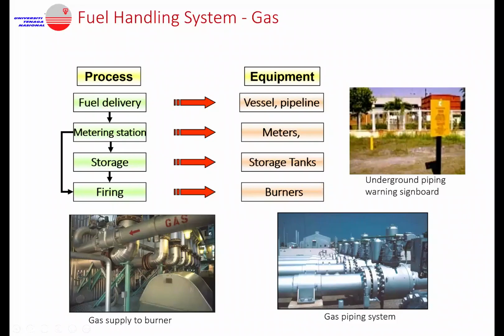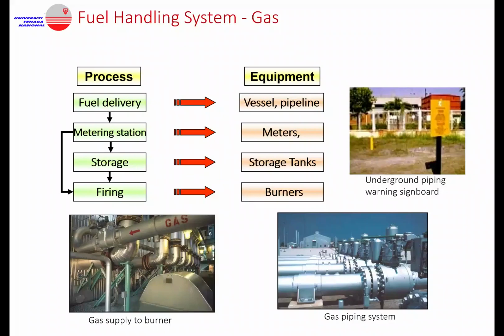Previously we have covered that gas is actually being processed in a gas processing plant, and then it is transferred to the power station through a piping system. Okay, so for fuel delivery, usually we use a pipeline. Maybe in some cases, not in Malaysia, they deliver the gas from a vessel. If you deliver it through the pipeline, it is very straightforward. The pipeline will go from the processing plant directly to the front door of the power station. So as simple as that.